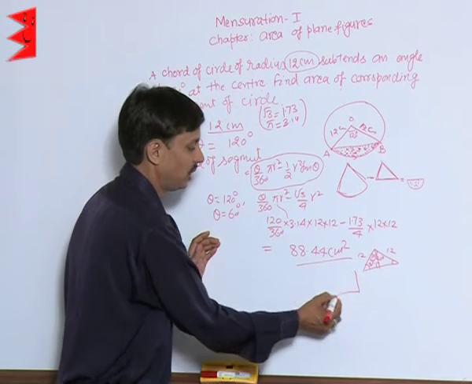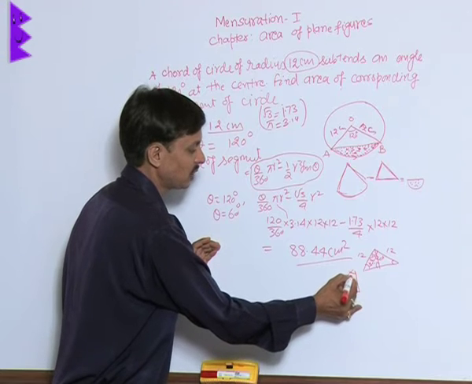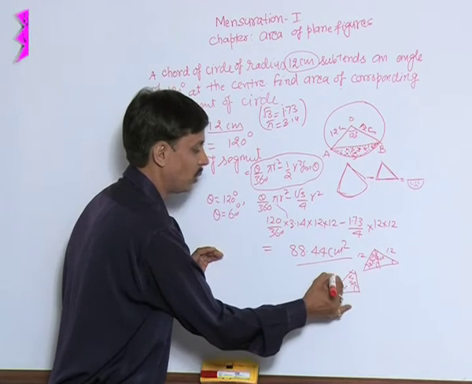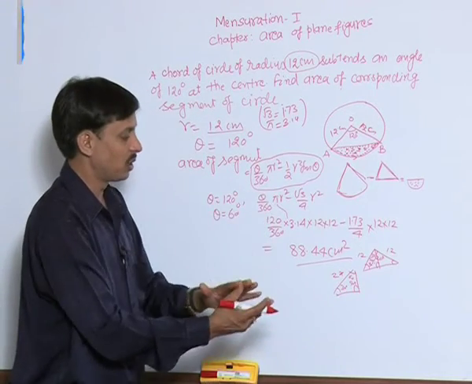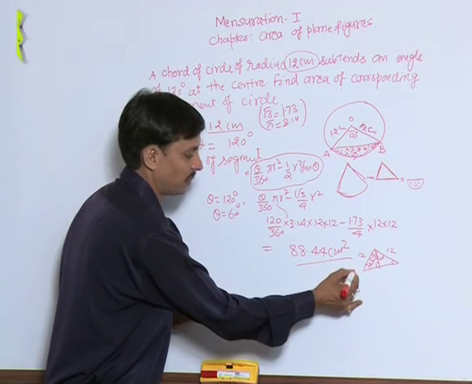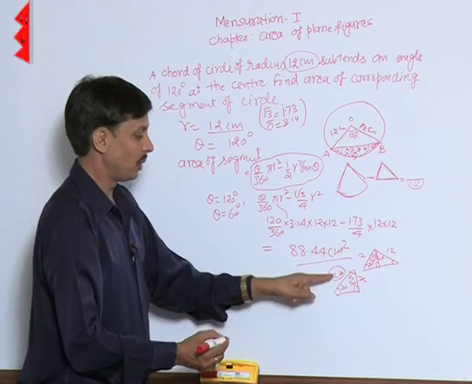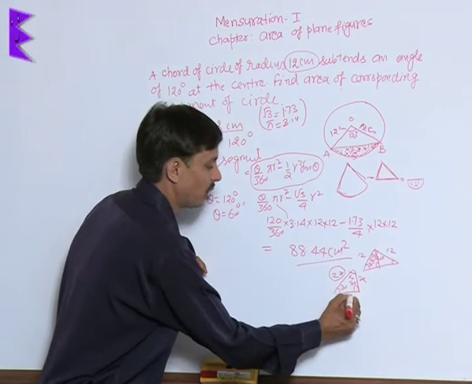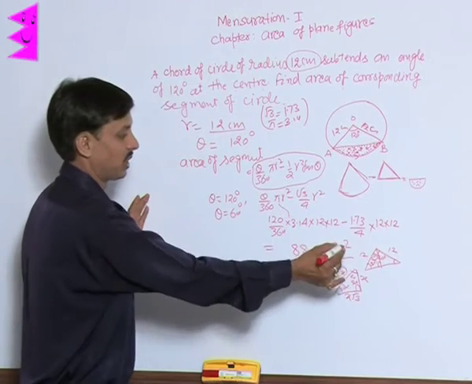In a triangle of 30, 60, 90, we know the side opposite to the 30 degree angle. Suppose this is the 30 degree angle, this is 60 degrees, this is 90 degrees. Suppose the hypotenuse is 2x. Then it is always true that the length of the side opposite to the 30 degree angle is half of the hypotenuse, that is x. So if this is 2x, this is x, and with the Pythagoras theorem, we will find this is x root 3. The same can be applied in this triangle.